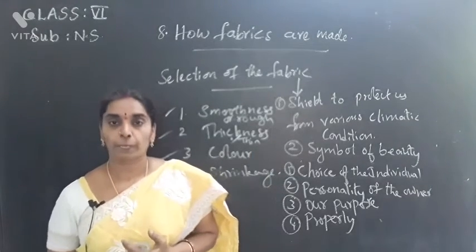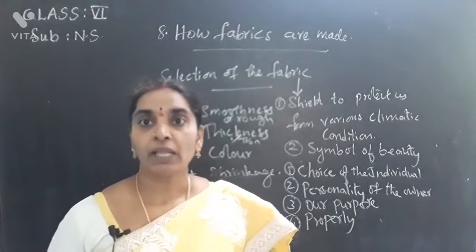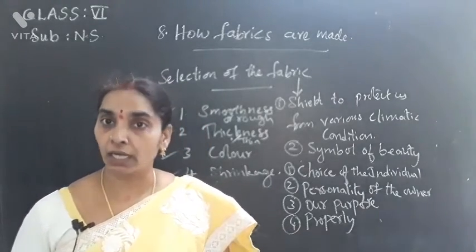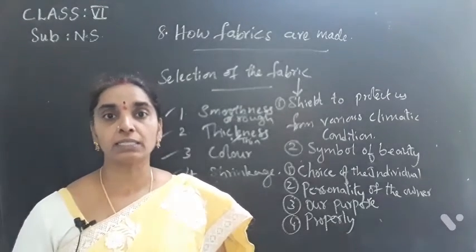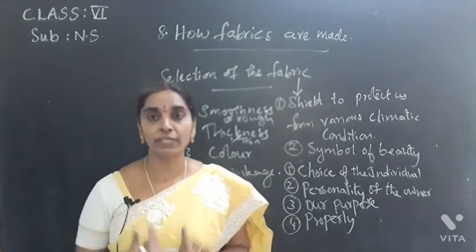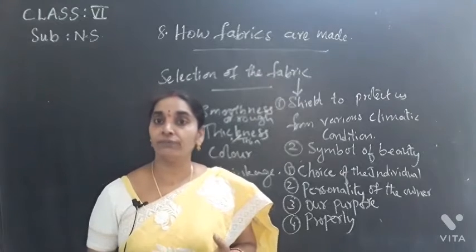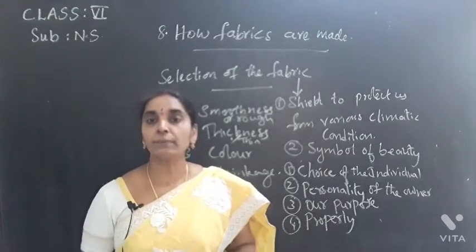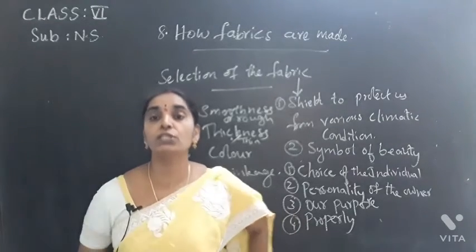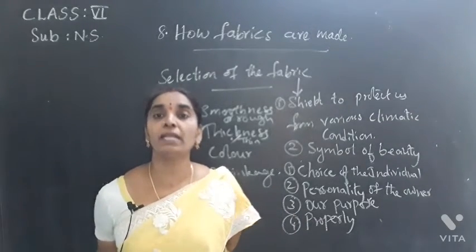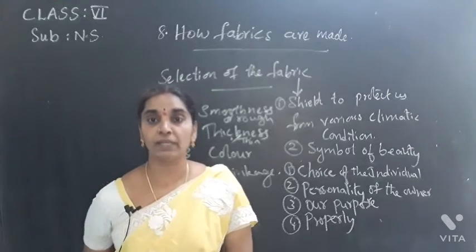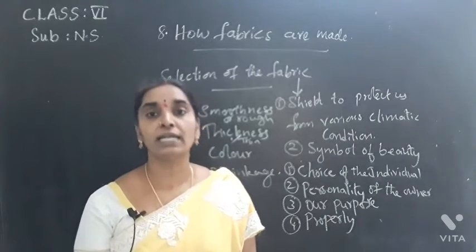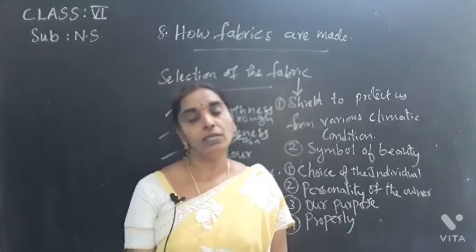And also we buy the clothes by knowing whether they are washable or whether they are to be dry washed. We select the cloth depending upon our usage and need, whether it is regular need or occasional wear. Sometimes we buy clothes which need to be washed regularly. So depending upon the property of the fabric, whether it is to be washed regularly or dry cleaned, based on that we are buying a fabric.